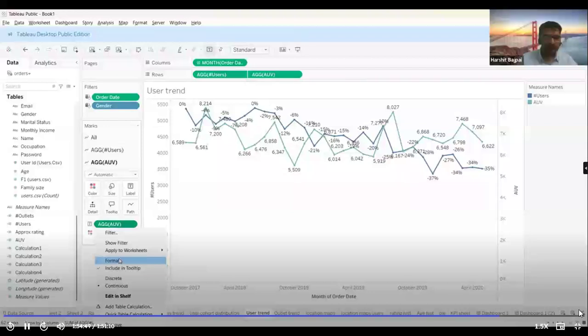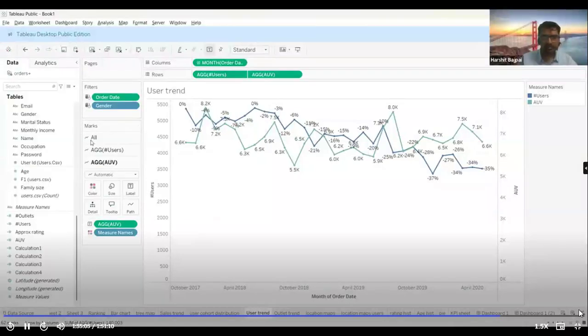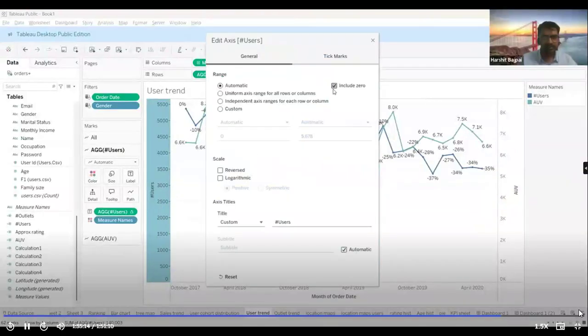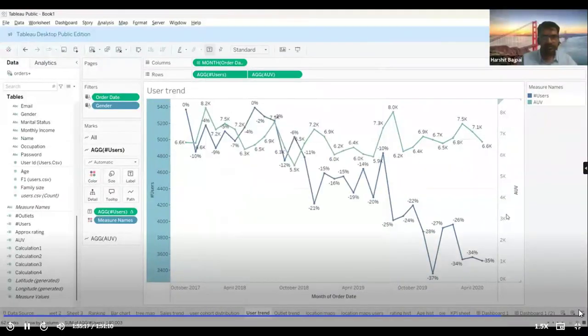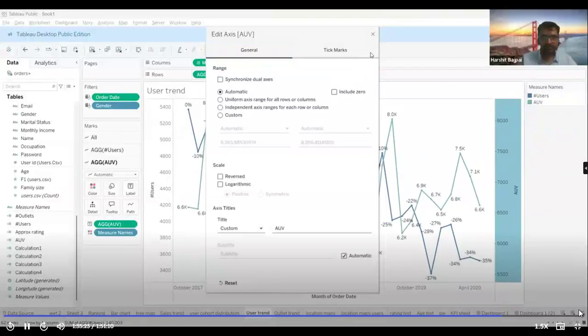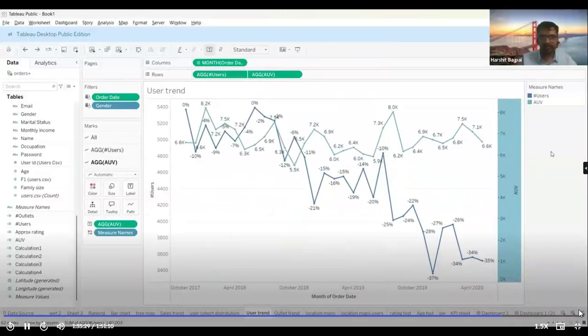Okay, format. Maybe have 1 decimal. Okay, and yeah, for users you can edit axis and say include 0. There's also edit axis. There's a lot of variance, right? So better